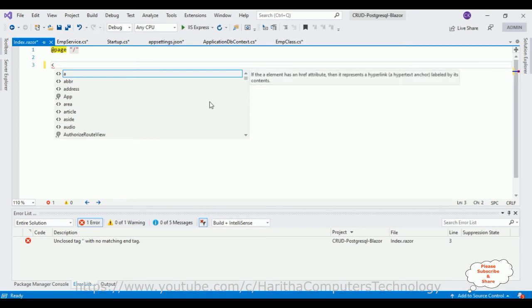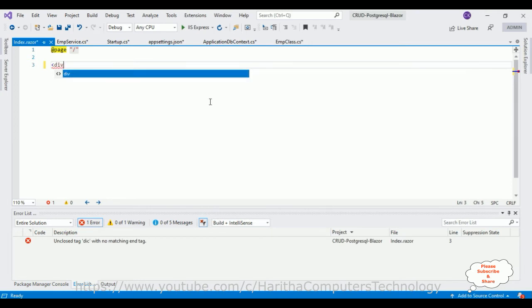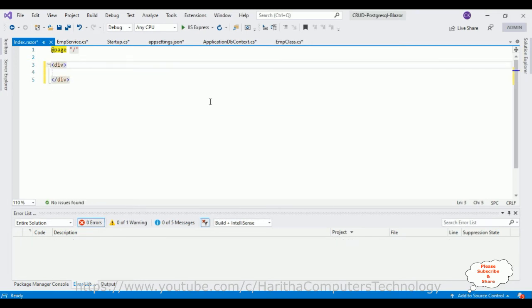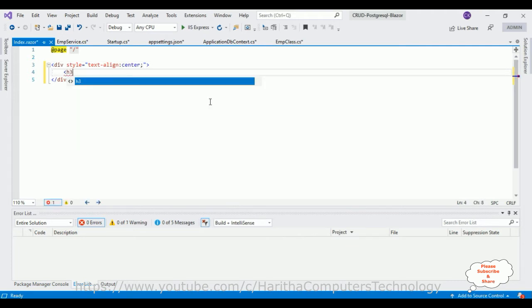Here I'm adding one div tag, style, text-align center, add the h3 tag, CRUD operation in PostgreSQL